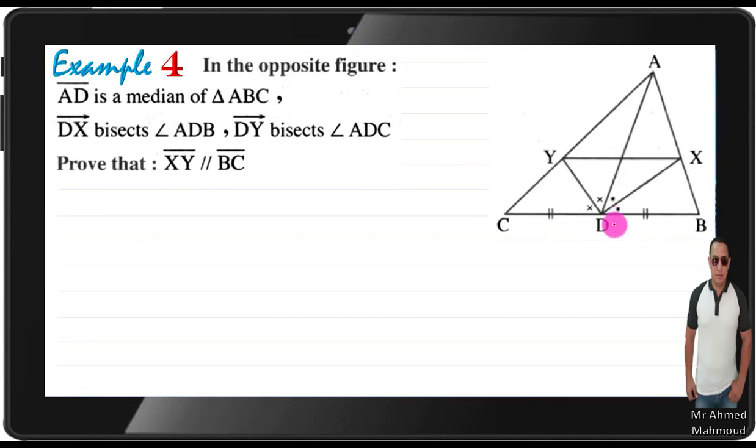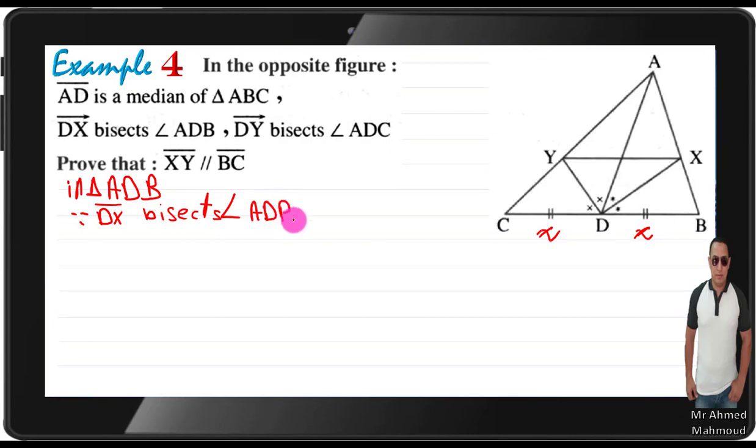Okay, here by looking at triangle ADB, since DX bisects angle ADB internally, therefore